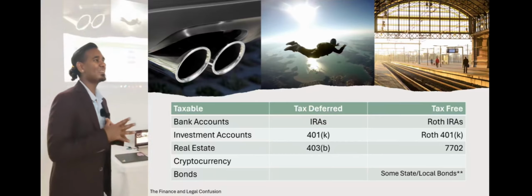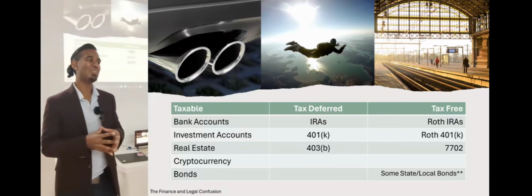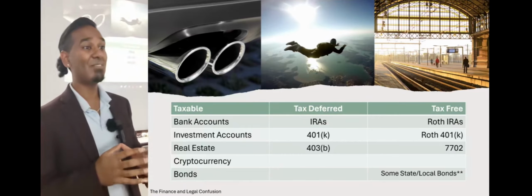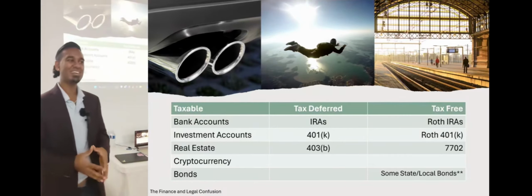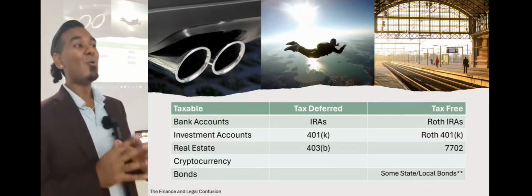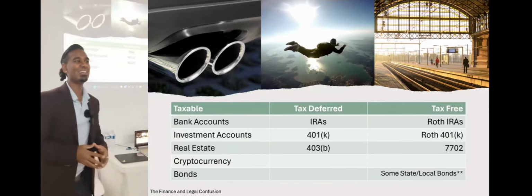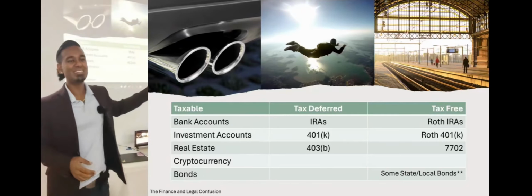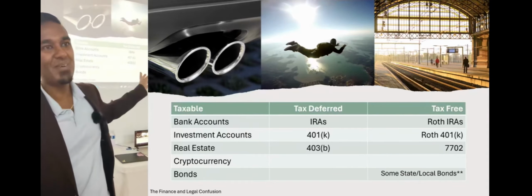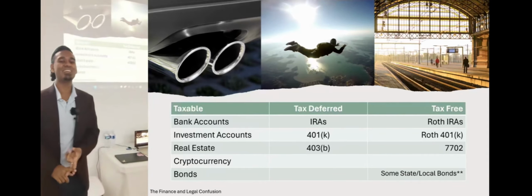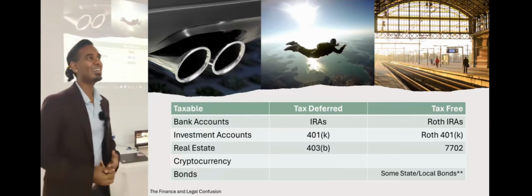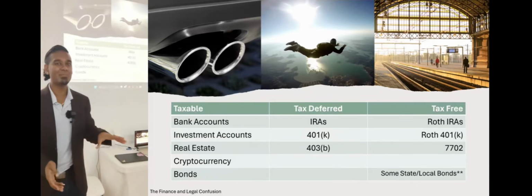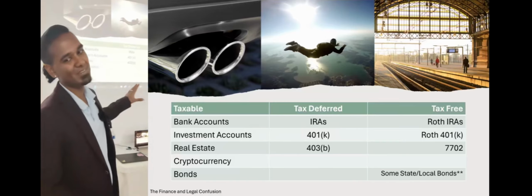What I want to talk about now is actually the different types of accounts, and there are 3 categories that I feel like everyone should know about. There's taxable, tax deferred, and tax free, right? Most people have accounts that are taxable. And the biggest accounts that people have are checking and savings accounts, and obviously a house if they own a house. And then if they do have investments, that's the type of investments that they have, taxable investments, right?